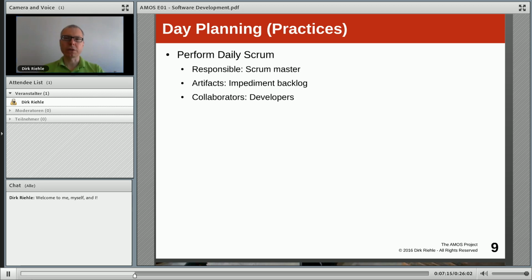So what you do is you need to reduce the scope. You have something we call day planning, of which the most important practice is simply to have a so-called daily scrum. A daily meeting, typically in the morning, where you synchronize the team, where you, as you are already doing in the sprint retrospective, do a roll call as to what the current problems are. What are you going to work on today? What do you expect will be the interactions with others?